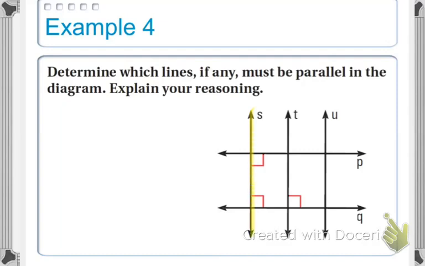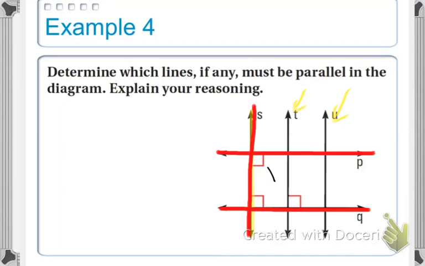Because line S is a transversal, I'm going to ignore T and U. I'm going to ignore those lines. So we've got to look at S and then P and Q. We'll try that first. So I'm going to use P and Q with S. And I'm going to ignore the black lines there. And what you see is that, oh,